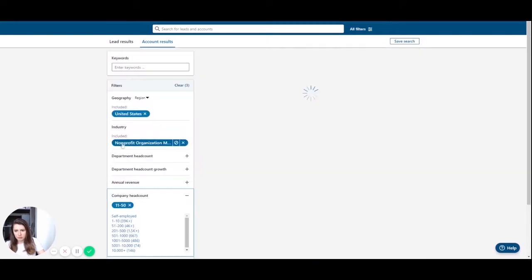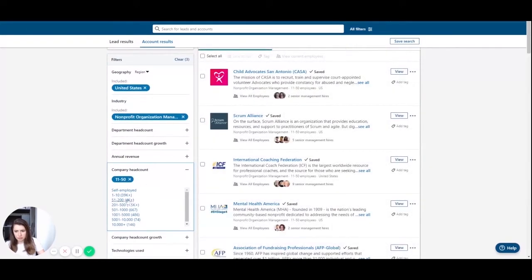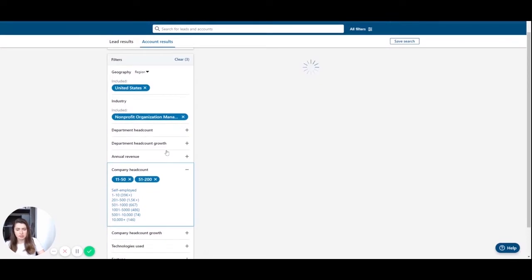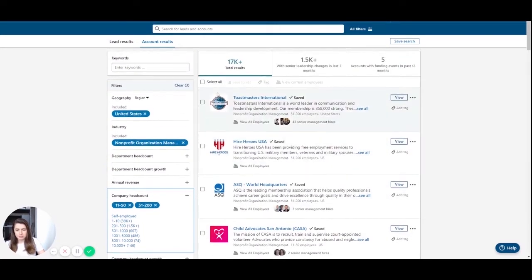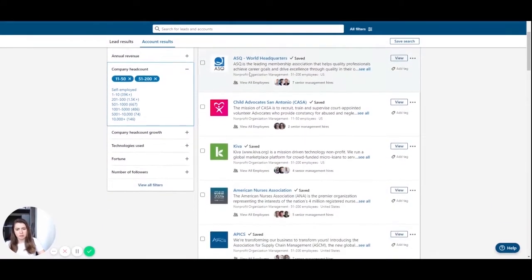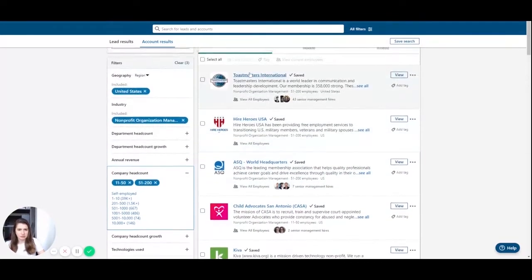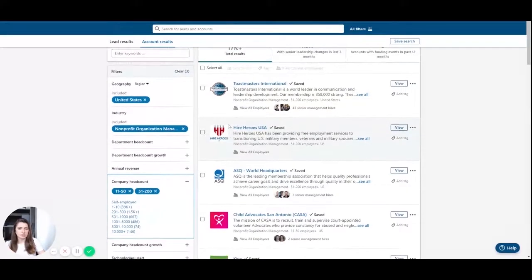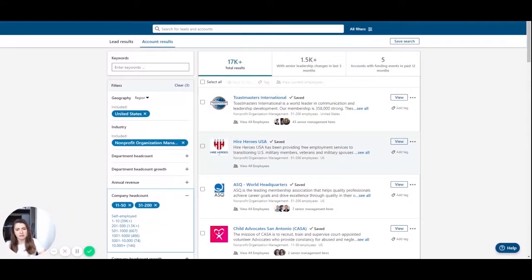And I also would like to filter out the company headcount. So I'm looking for 10 to 200 employees. And as you can see, I have more than 17,000 results. What you have to consider is, in general, SalesNavigator doesn't provide you more than 2,500. You also have to consider that the first pages provide more relevant results, and the further you go, the more irrelevant the results get. So I'm going to pick the first 10 pages and see what I can get from